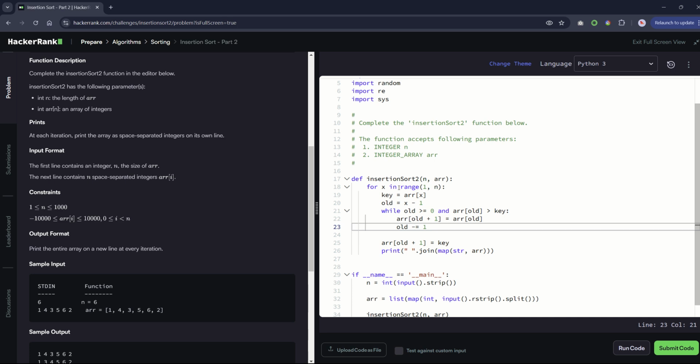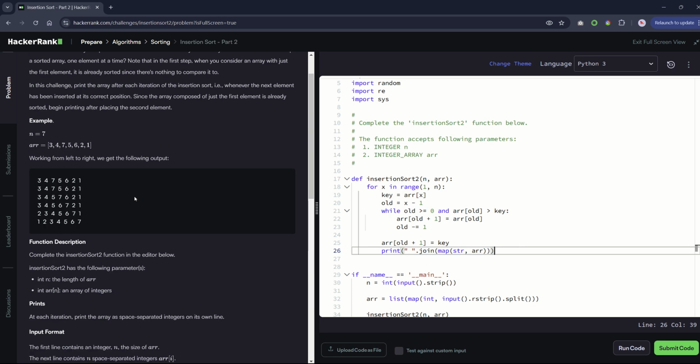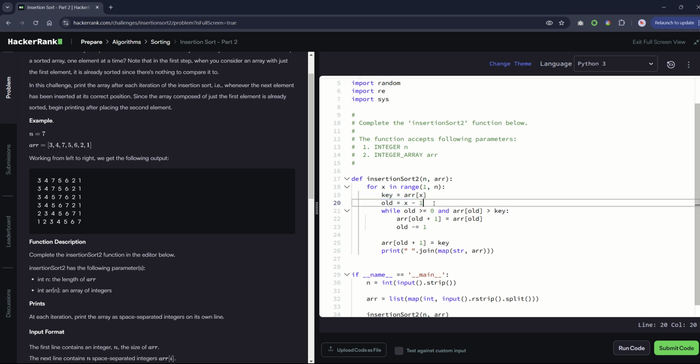Okay, so let's go over how this code works so we actually understand. So for every item in the array minus 1, because it says here ignore the first item and treat it like it's sorted, we take the current item and we store it into a variable. Then we reference the one before it. That's how we get the first item. And while the item before, so while the index of the item before is greater than 0, and it's greater than the key, it's going to switch the items. So basically that's how you move the lesser items in the front, because it's moving it, if it's greater, into